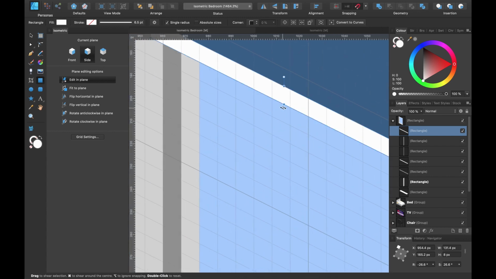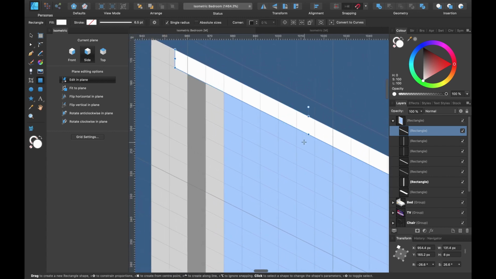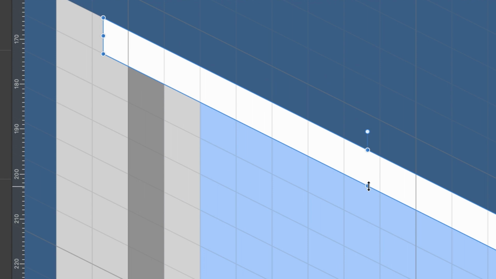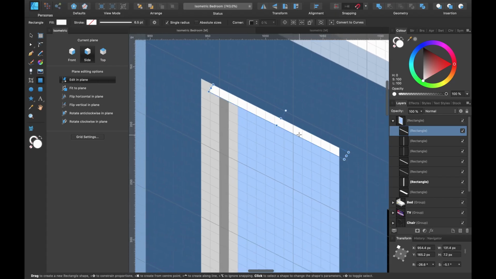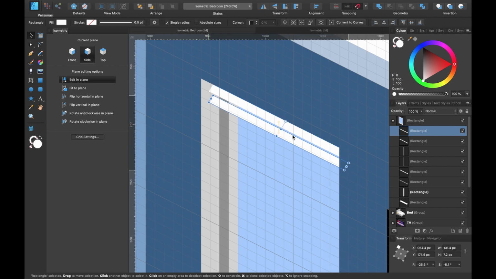Now if I zoom in on this handle here, you'll see that it's an up and down arrow here, and if I go slightly further down, there's a left and right arrow, and that allows me to skew it slightly like so. And from this point, we can duplicate it all the way down. So I'll press V for the move tool, and I'll press Command J to duplicate it, and I'll keep my finger on Shift and drag down slightly, just so a little bit of light pokes out from behind.